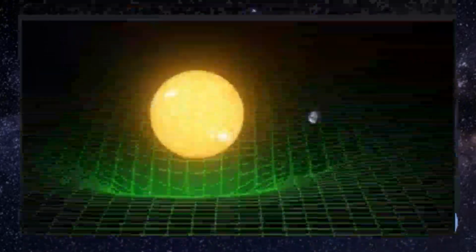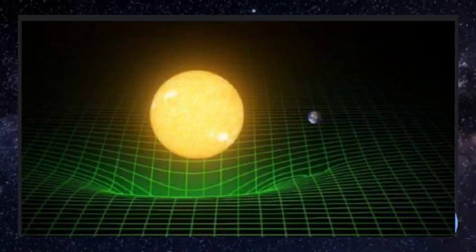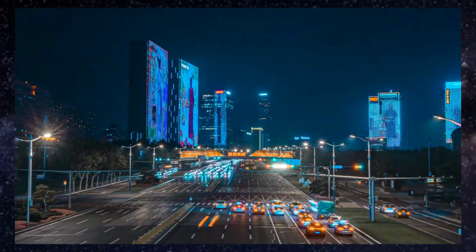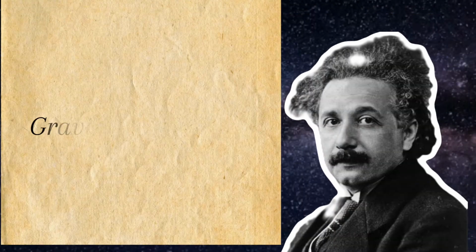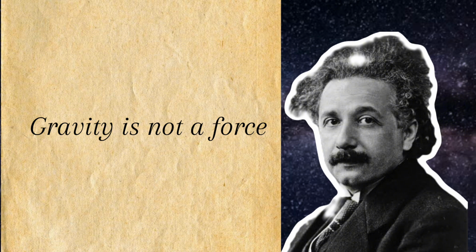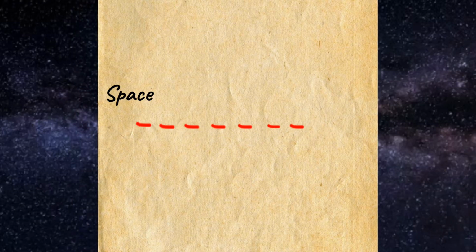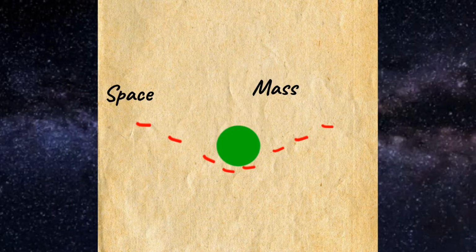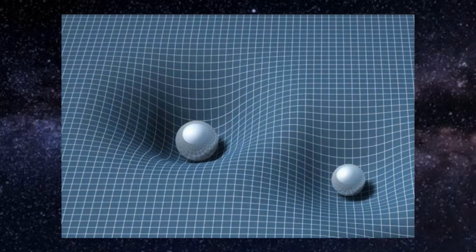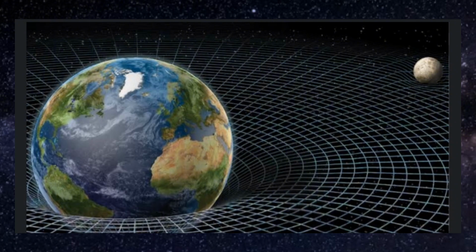General relativity is a fundamental theory of gravitation. It revolutionizes our understanding of space, time, and gravity. The theory postulates that gravity is not a force, but the curvature of spacetime caused by the presence of mass and energy. According to general relativity, the curvature of spacetime around a massive object, such as the Earth, causes objects to fall towards its center, which we experience as gravity.